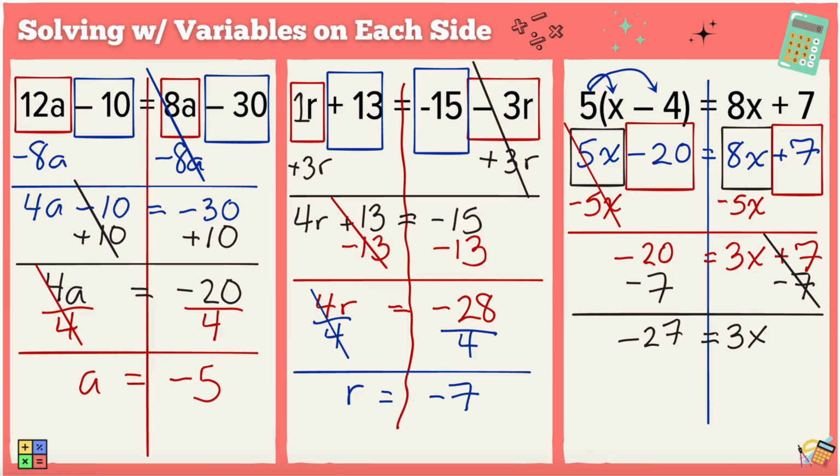As we've seen before, a number next to a letter means multiplication. So we would need to do the opposite, which is division. Divide by 3 on this side, divide by 3 on that side. The two 3s cancel themselves out. So what we have left at this point is negative 9 equals x. But we don't usually write our answers that way, so we have to write it in standard format, which in this case would be x equals